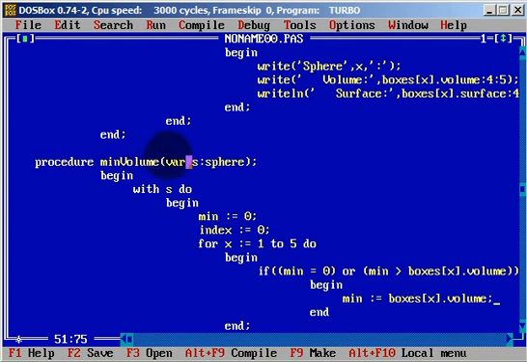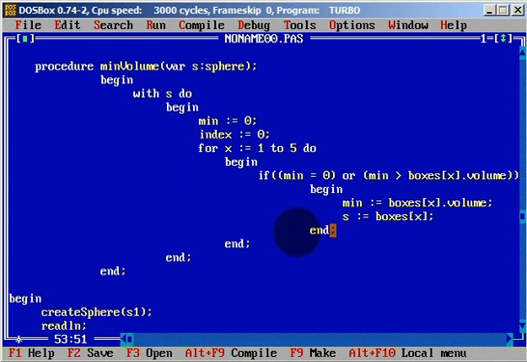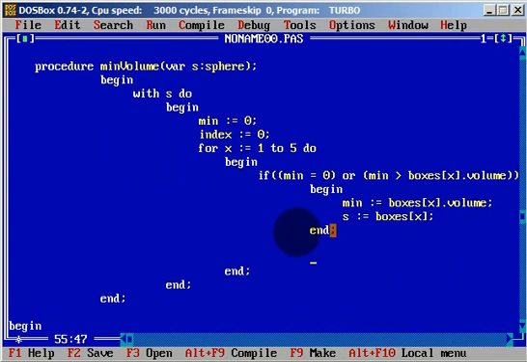and we will define our S sphere which has the minimum volume. S will be equals to boxes of element x, and now we define which one is the box with minimum volume, but we also want to know the number of this sphere. Okay, and I forgot semicolon here. Okay, but also inside this for loop I will create another control statement if, now we want to define our index. We want to know which is that box with the minimum volume,